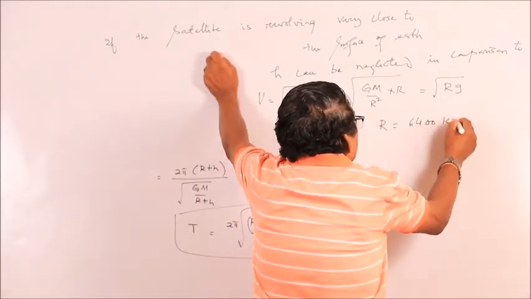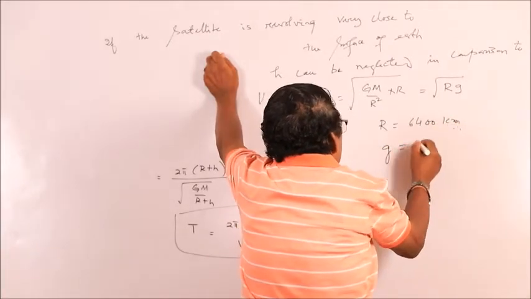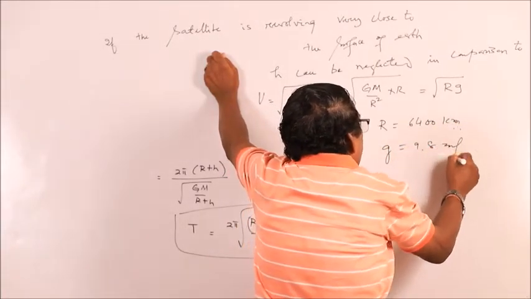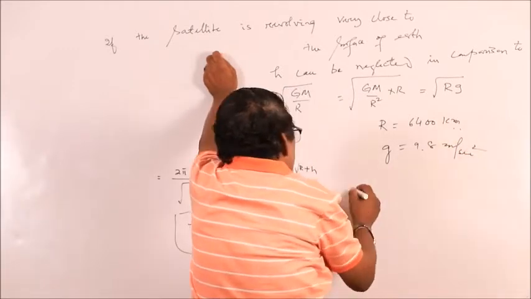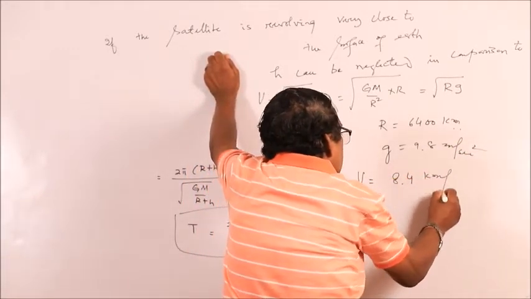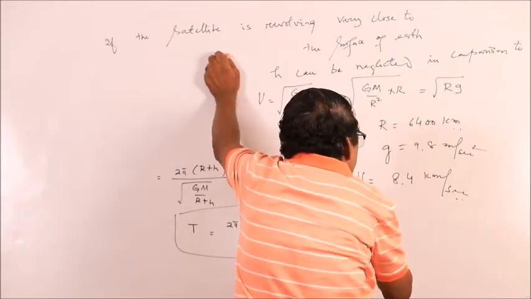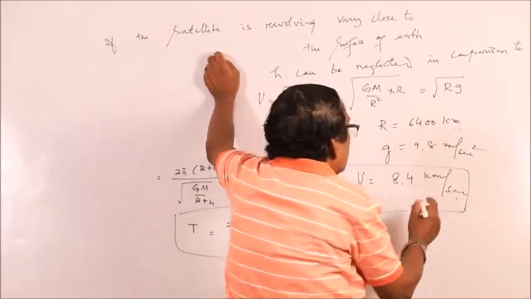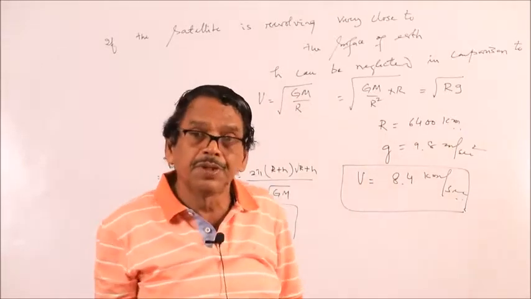R is 6,400 kilometers, g is equal to how much? 9.8 meters per second square. So, velocity is found to be what? 8.4 kilometers per second. This is the velocity of revolution of a satellite which is revolving very close to the